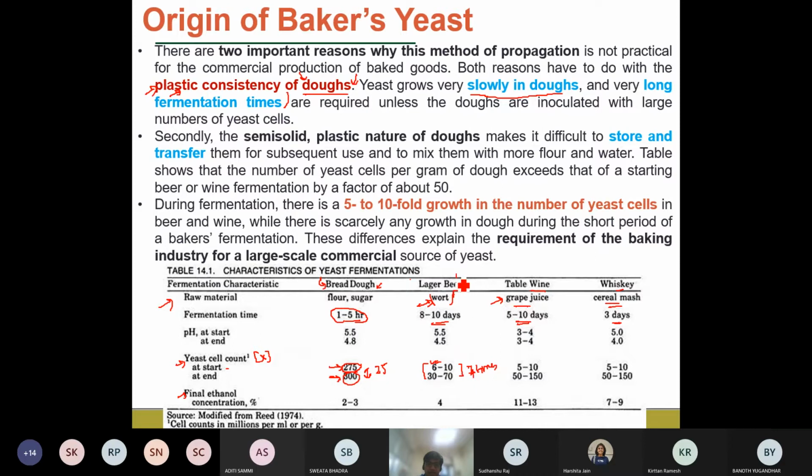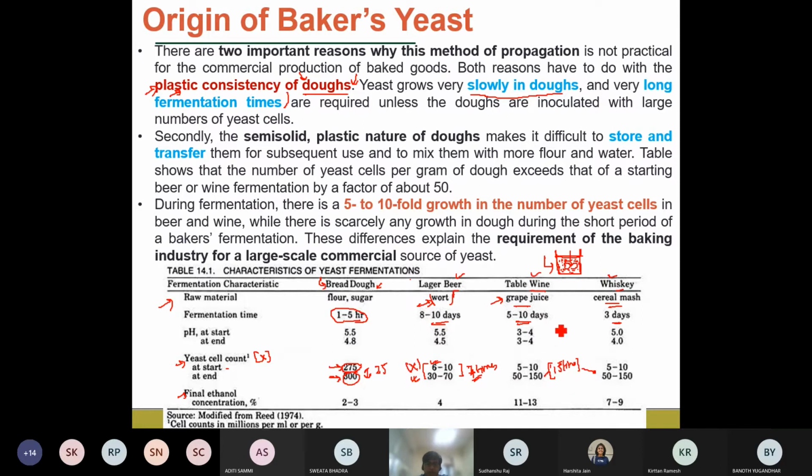Okay, and all these fermentations are carried out in a submerged culture. That means the cells are floating in the liquid media, right? So under that liquid media condition, what is happening? The efficient transfer of the media components to the cell biomass is taking place. That's why the productivity as well as the biomass concentration increase is significantly higher. In the case of the lager beer, we can see it's 7 times. In the case of the wine, it is almost 15 times for both the wine and the whiskey.